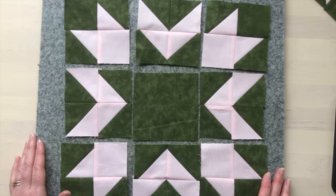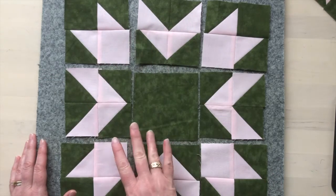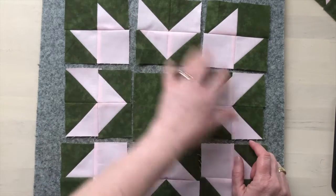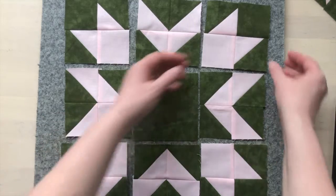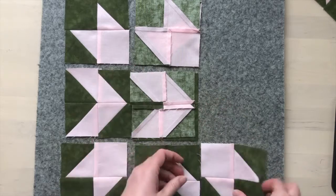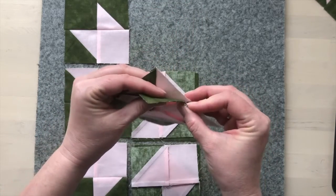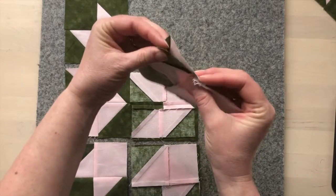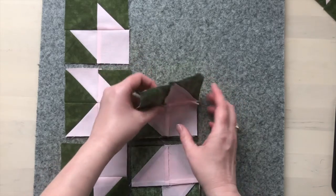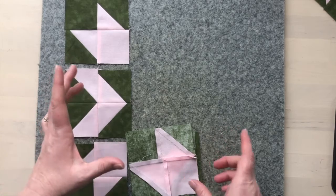So now you can see this is basically just 9 patches. It's 3 across and 3 down. So we're going to join it the same as we would a 9 patch block. We're going to join these into rows and then join the rows together. So we'll start with joining these pairs. And you can see again, because we thought about pressing, we pressed the seams, they're going to nest together. That will make it a lot easier to join. So we'll join those, press, and then join the third pair on,